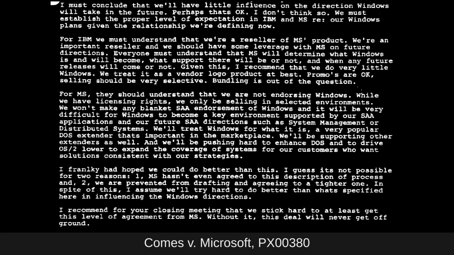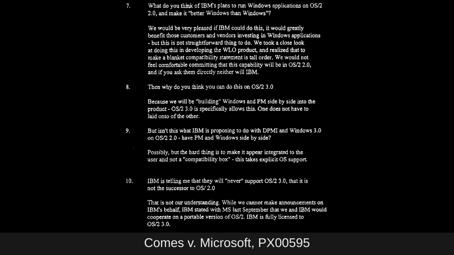IBM, meanwhile, are seemingly surprised by this new direction. They seem to have expected influence over the direction and marketing strategy of Windows, allowing them to prevent Windows from competing too much with OS2. It might seem strange that development of 2.0 and 3.0 would be split up in the first place, but the general idea seems to be that the 3.0 rewrite was needed to make OS2 portable to other CPU architectures. IBM, on the other hand, seems to be of a differing opinion, that the OS2 3.0 that Microsoft is developing won't be the successor to OS2 2.0.